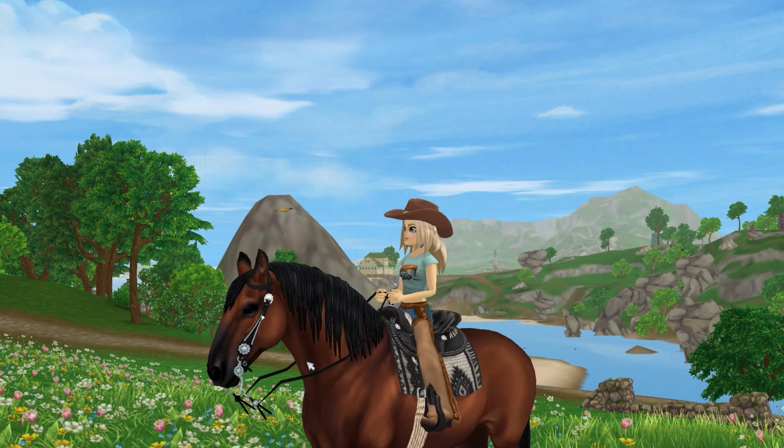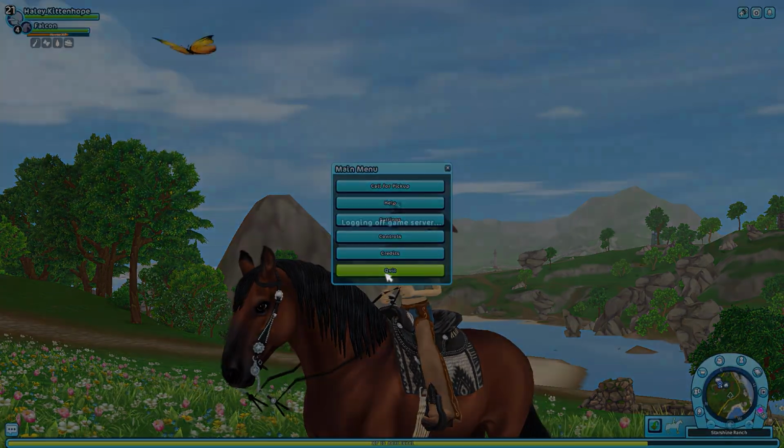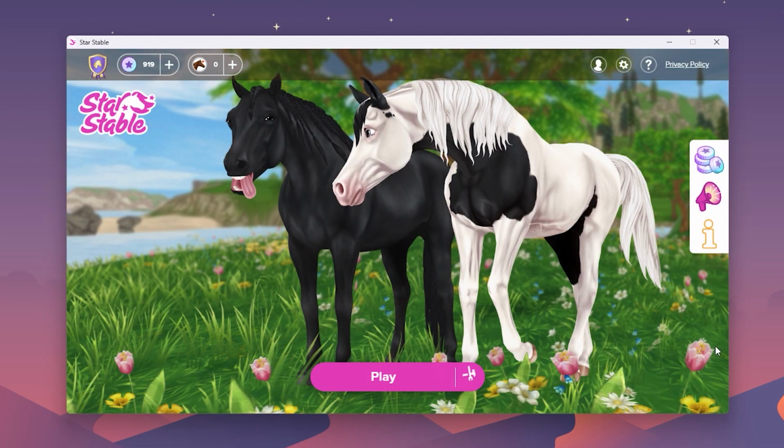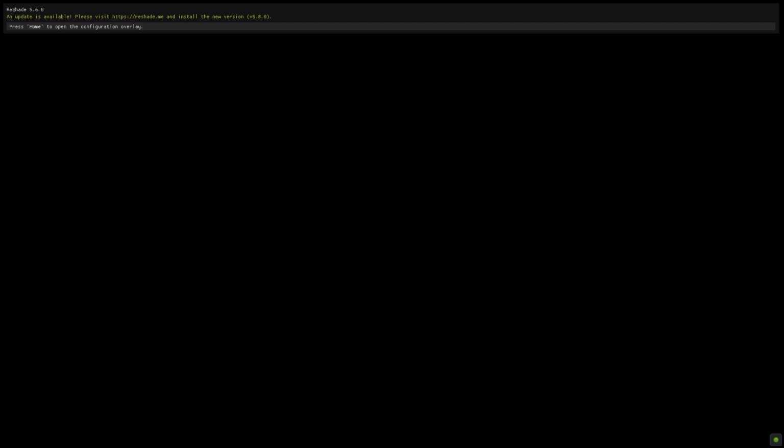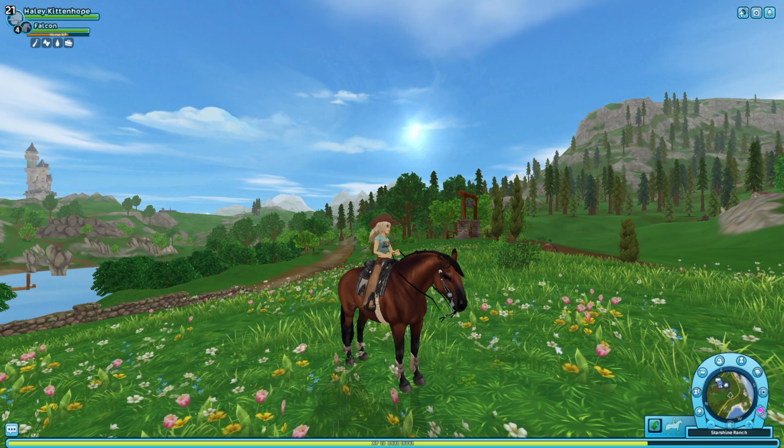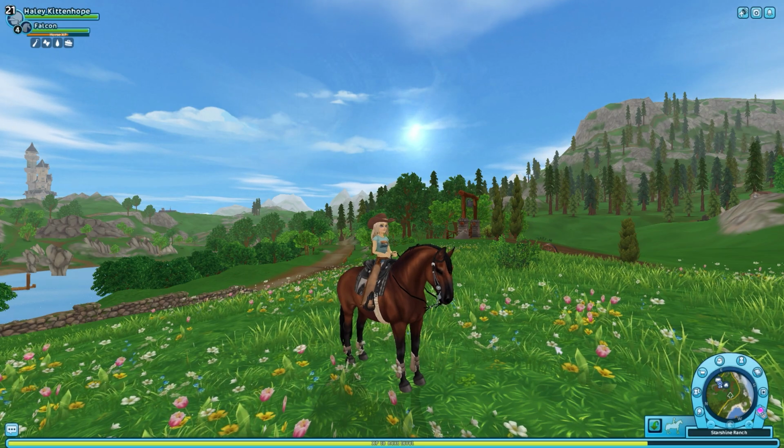I'm going to actually log out of Star Stable Online. That way everything is given a chance to restart and re-download. I'm going to reopen Star Stable Online and log in. As Star Stable is booting up, if you see that top bar, that means that you successfully downloaded Reshade onto Star Stable Online. Since I've already had Reshade downloaded onto my computer, it's not going to give me the same